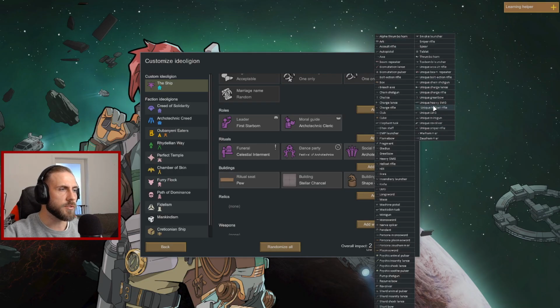There is new weapons. They're all just unique versions of old weapons. Obviously, we're going to pick one. Let's do... Go charge rifle. Suppose if we wanted to be like real silly... Oh no, Warhammer's not a new one. Okay, so unique guns in general, right? So let's do...